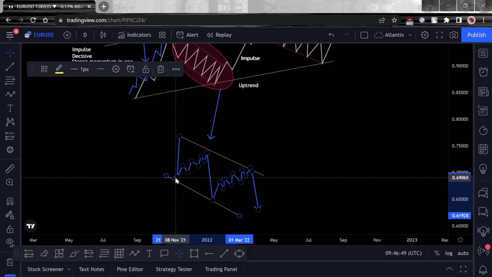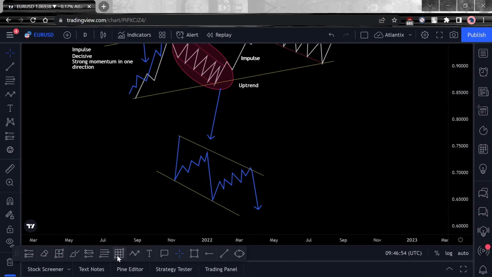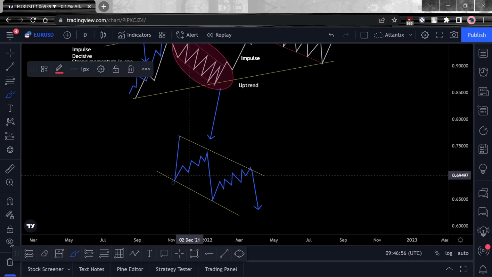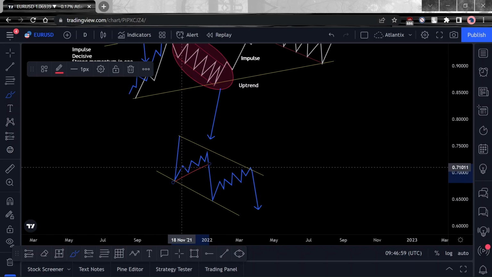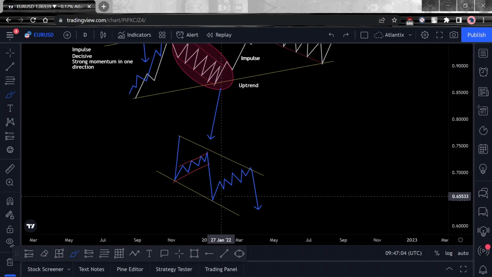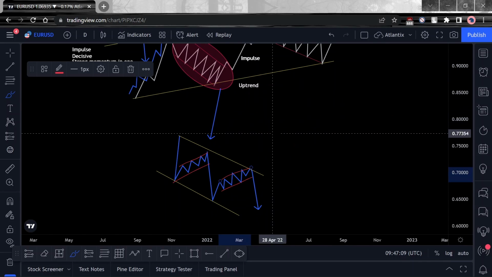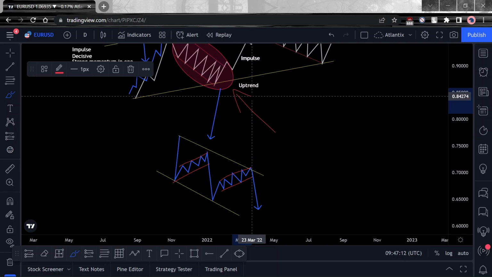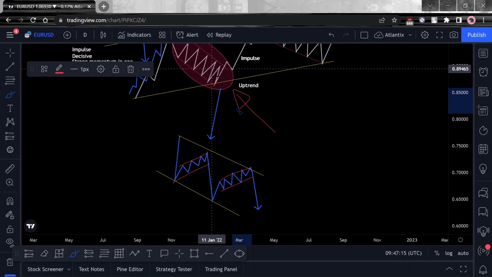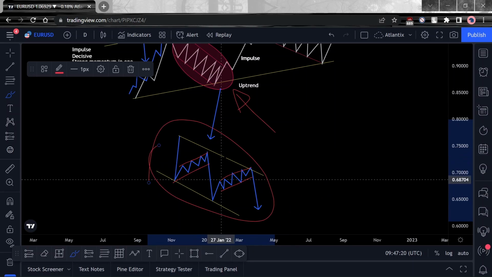Now, I hope you're not getting confused over here. I certainly hope you're not getting confused. So what we're saying is, because we've now noticed that we've got what we call trends in trends, there's a possibility that within this entire corrective phase over here, whilst it is corrective, there might be another trend that's taking place within that corrective movement, which is over here,